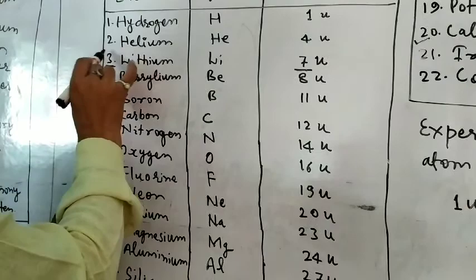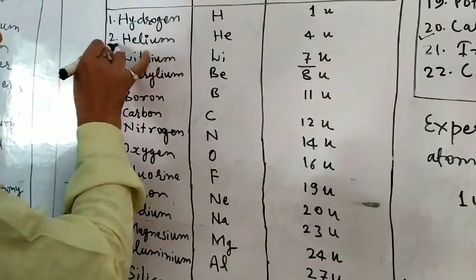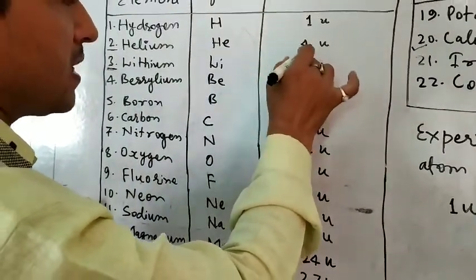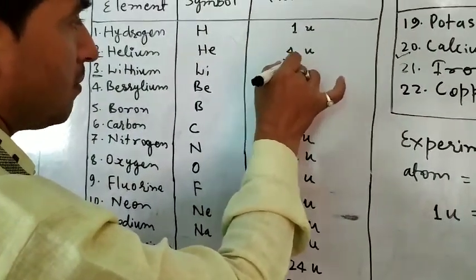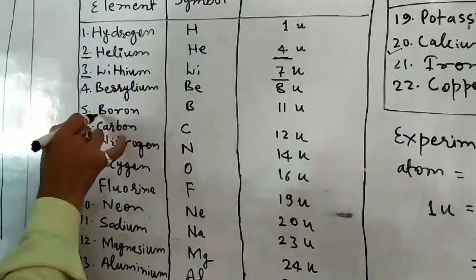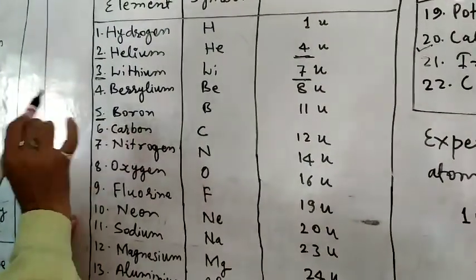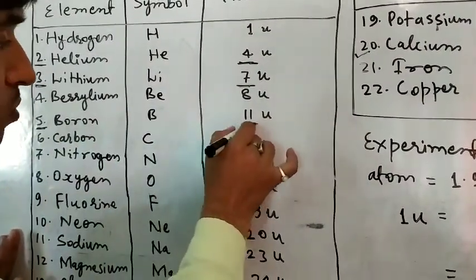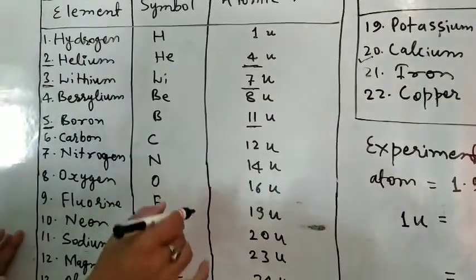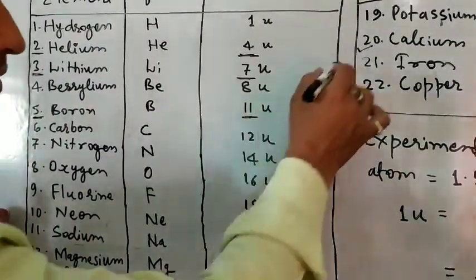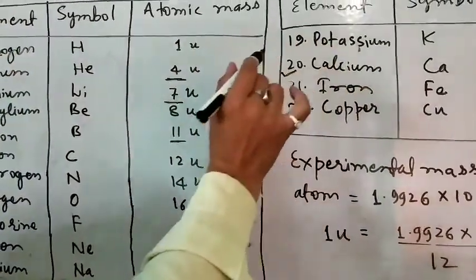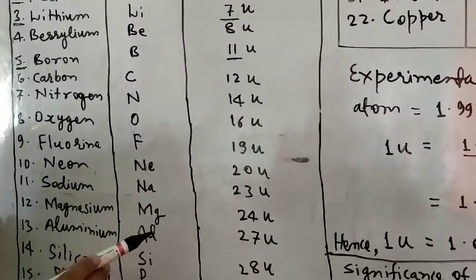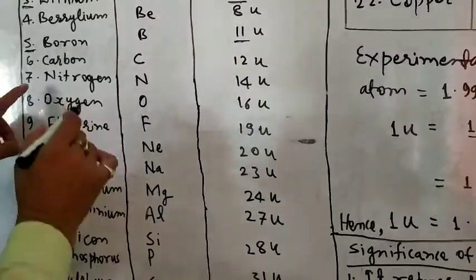But in the case of helium, the atomic number is 2, an even number, so its atomic mass is 2 times 2, which is 4, double. For example, boron is an odd number, 5, and its mass number is 5 times 2, which is 10, plus 1, so 11. In this way, up to 20, that means up to calcium, this rule is followed, but there are some exceptions also. For example, in the case of nitrogen,